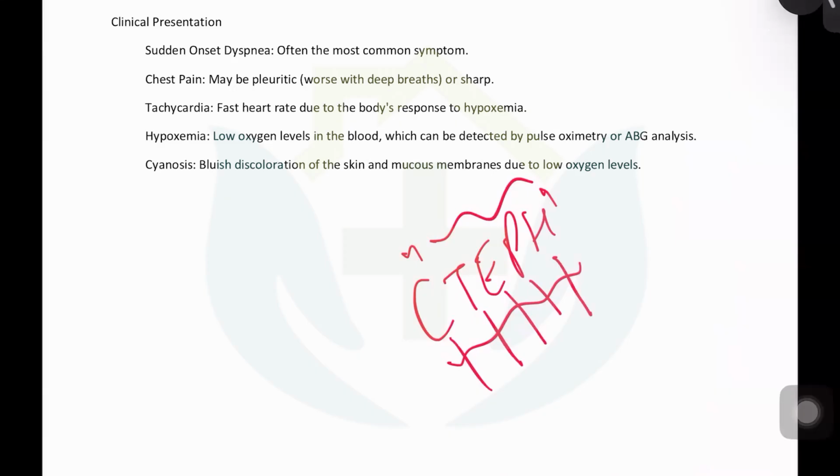So, pulmonary hypertension nowadays is divided into many classes. One of the class types is thromboembolism related, which is chronic thromboembolism related. So that is something else, but the patient is dyspneic there also, nevertheless. But here the presentation is acute. Chest pain may be present because of the infarction of the lung. It may be pleuritic. Usually these patients have tachycardia. So that is the first sign of presentation, where you can detect a patient has developed a pulmonary embolism. Then, of course, hypoxia, low levels of oxygen in the blood, cyanosis, blue discoloration, all of them may be present.